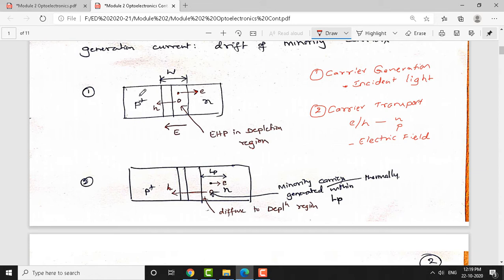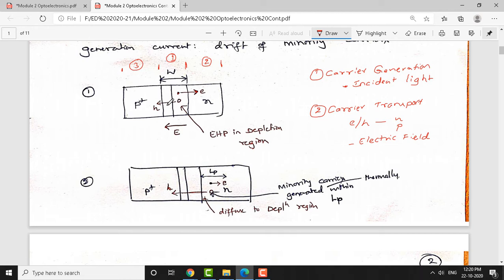So, you can see now the first diagram here. As I told you, we need to segment this entire p-n junction surface into three segments. One segment is the depletion region, number 1. The second segment is the neutral n region, segment 2, and the third one is the neutral p region, segment 3. All together, the electron hole pairs generated in each of these sections contribute to the total current flow.